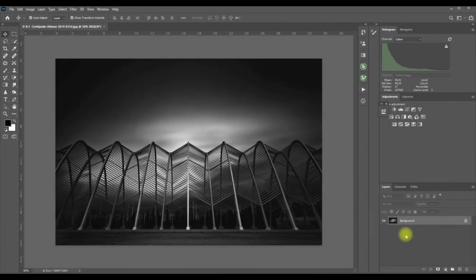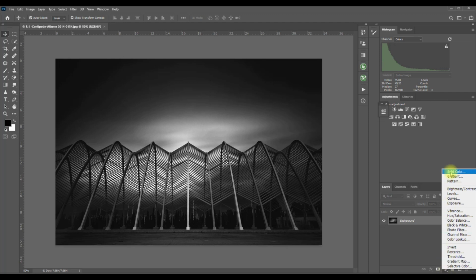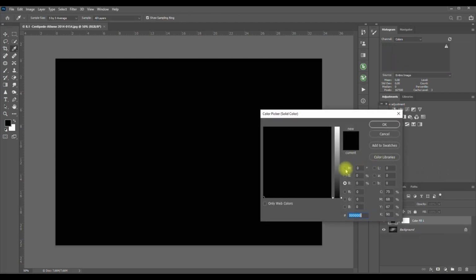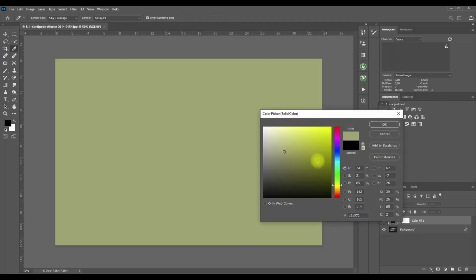This is the gallery of the Olympic Park in Athens. We want to give this image a light color tone. We add a solid color layer. When you look closer to the HSB entry fields,